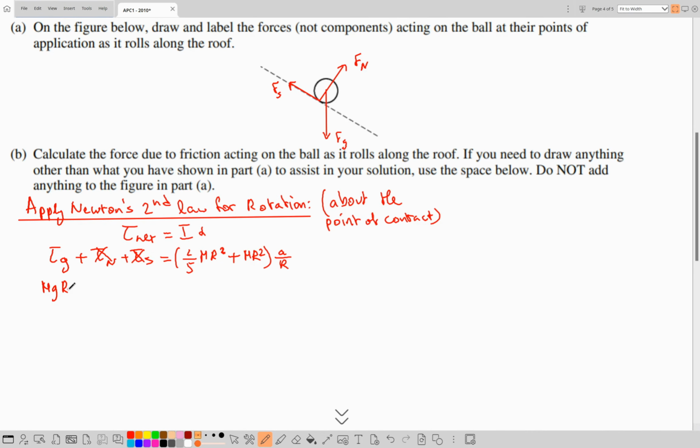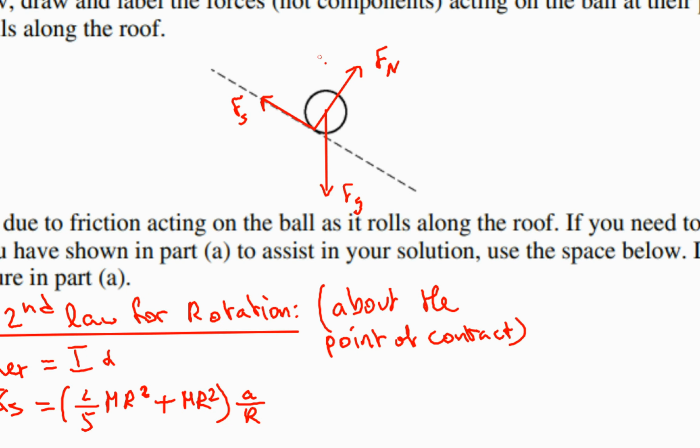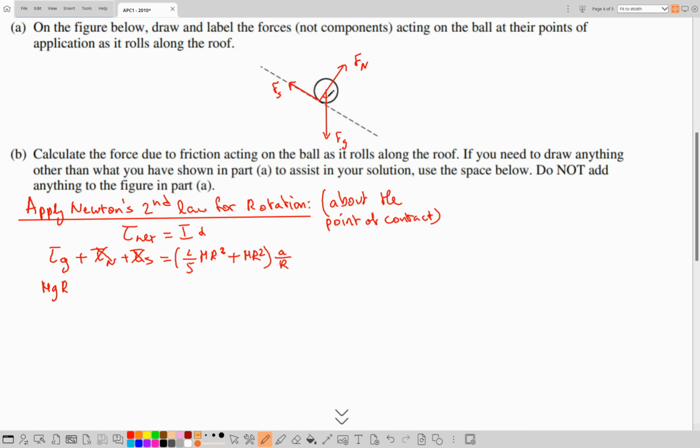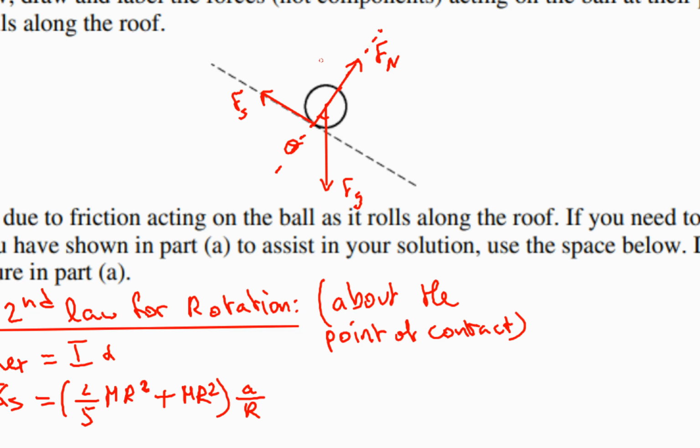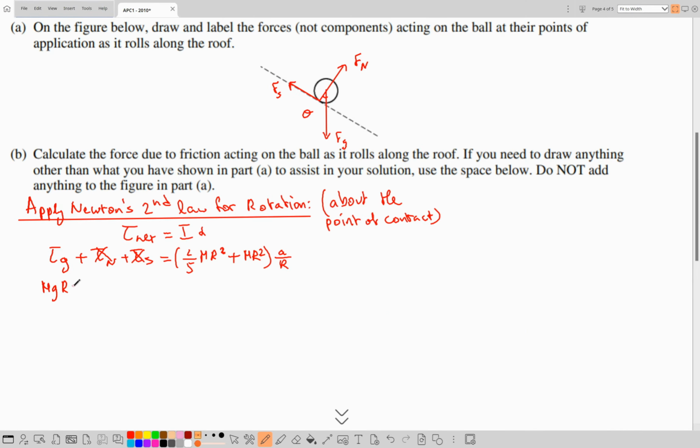Now we need to determine whether it's sine or cosine. That is the radial direction. So first let me say that this is the angle theta. It's fine if we add angles to our diagram. Now that's the radial direction and that's the tangential direction. If this is theta, then that would be pi by 2 minus theta. So cosine of pi by 2 minus theta would be sine theta. And we always know that the pull of gravity along the acceleration always comes with a sine and not a